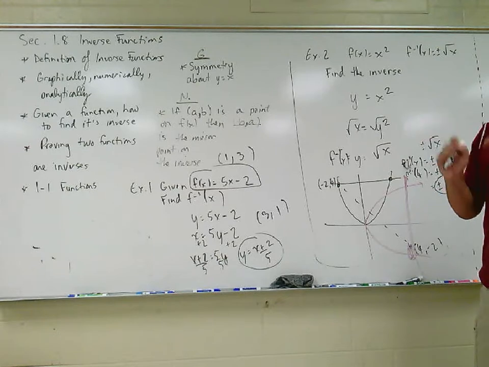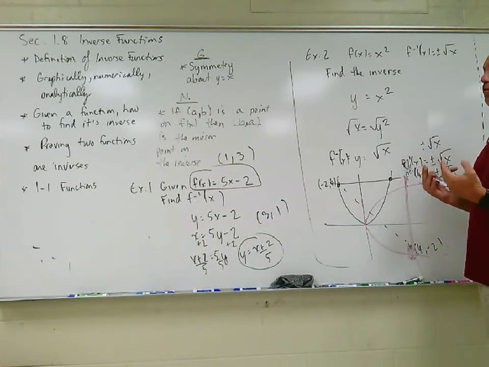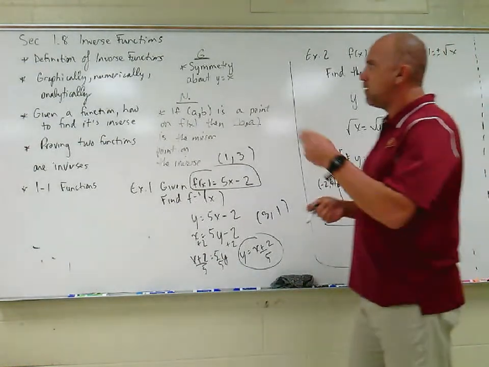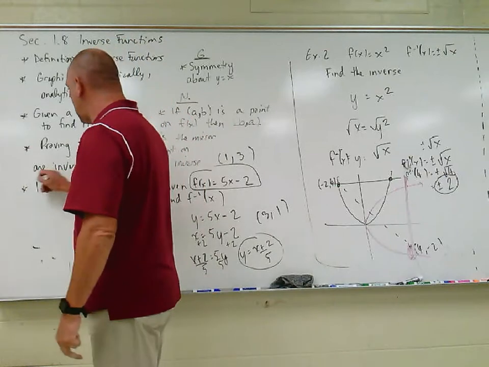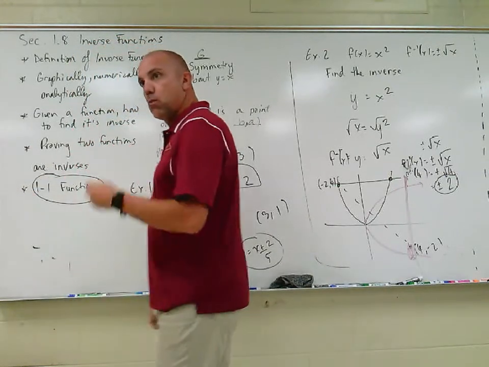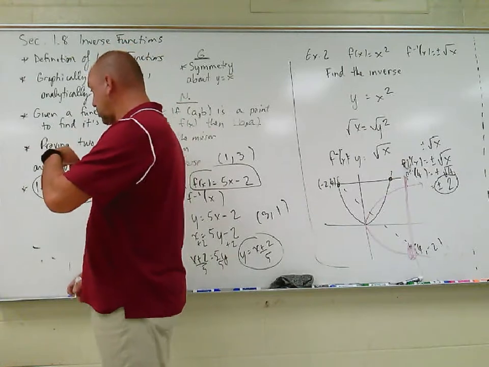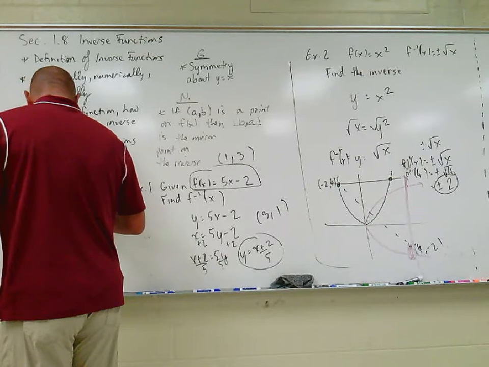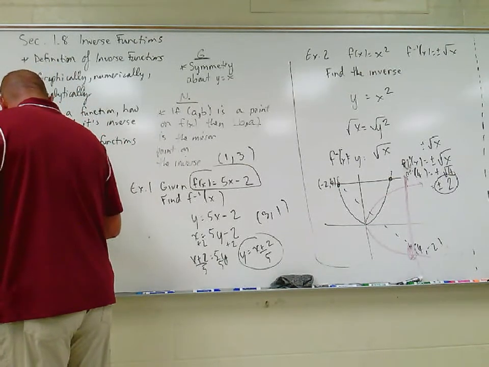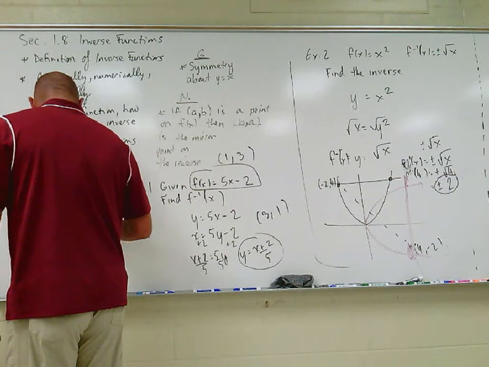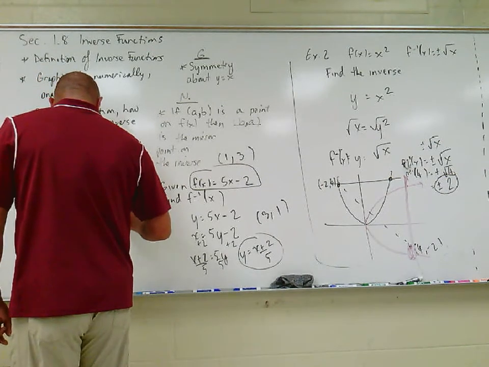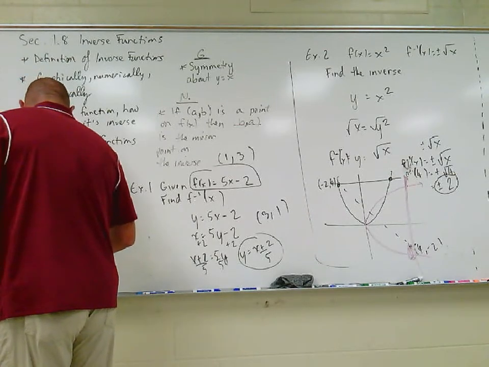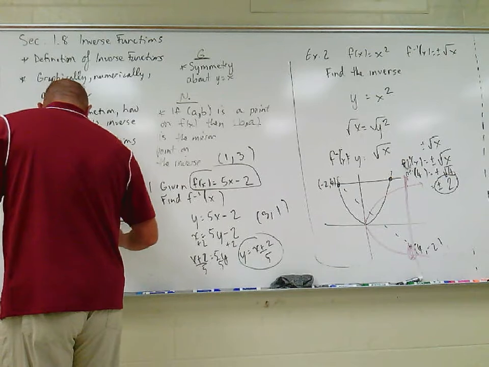Okay? So the question is, well then, how are we going to work this, or what's going to happen? Well, in order for a function to have an inverse, it has to be what we call a one-to-one function. So for a function to have an inverse function, I'm going to underline, the original function must be